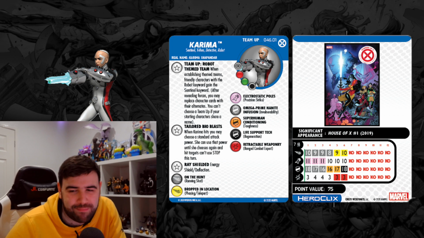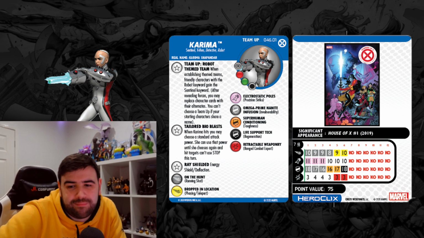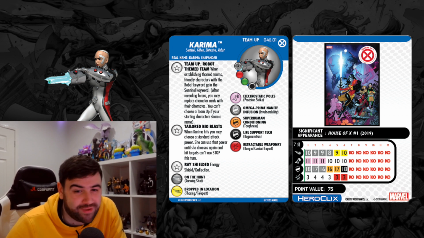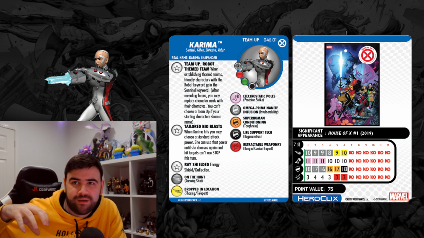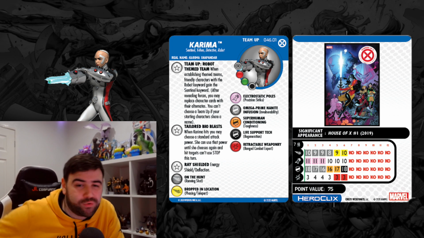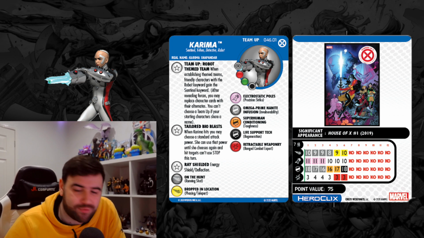So I've gone for Karima, which with the team up card, robot theme team, when establishing theme teams, friendly characters with robot keyword gain Sentinel. So it is now a Sentinel theme team, which is what we needed. There's a few benefits to this. Obviously, being a theme team in itself is a good benefit, getting the extra bonuses, the extra theme rerolls, which we need. As well as that, Master Mold does have an ability which says you can basically retaliate with characters that have the Sentinel and robot keyword. Our whole team does now, which it does mean we can retaliate with Master Mold or Isaac or Karima,